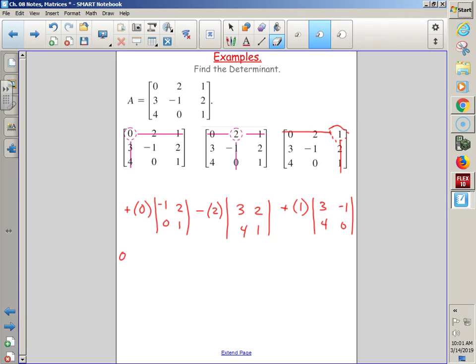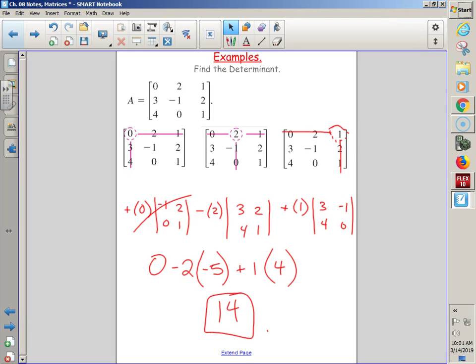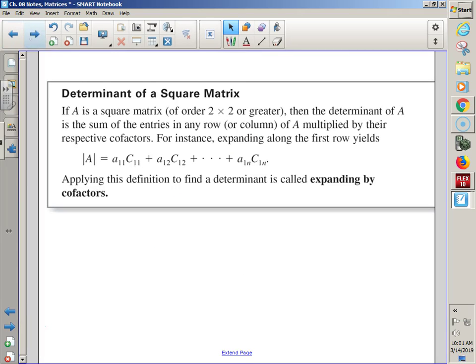So we had 0. Well, wait. Didn't we say how we love 0? Because with 0, everything is just 0. But then we had our minus 2 times, what's 3 minus 8? And then we had our plus 1 times, what's 0 minus negative 4? And then you guys went to your calculators, and wasn't the determinant positive 10 plus 4 is 14? Woo! But then I said, you know what? There's a name to what we just did. What's the name? Finding the determinant by